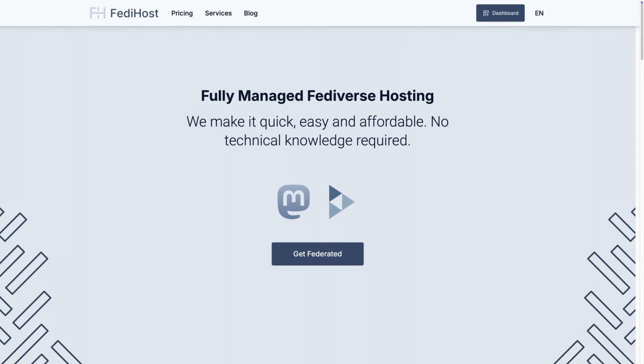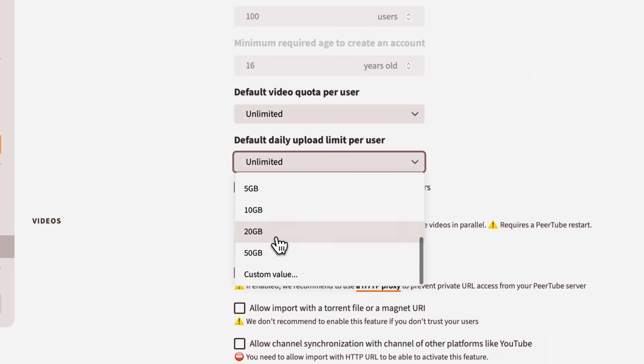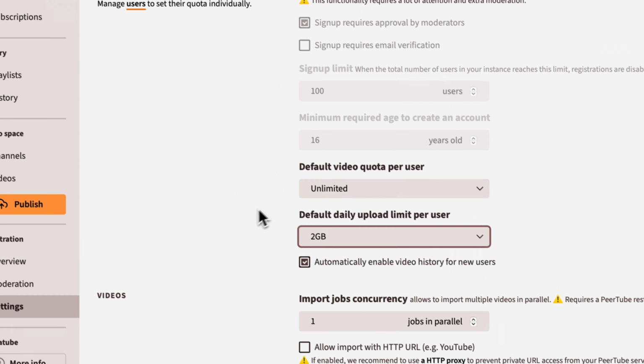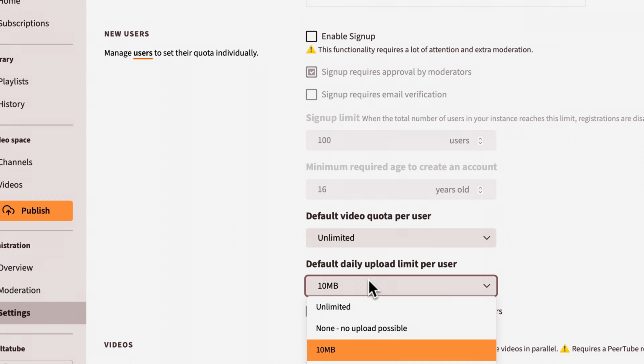With FediHost, the place where the video is stored before it gets transcoded is different to the place that it's stored when it's in storage. And so by saying to users, okay, you get 2 gigabytes per day, you're kind of making them deal with the fact that they have probably exported their video at too high a setting. So yeah, I'd say when users are signing up, give them a much lower quota,